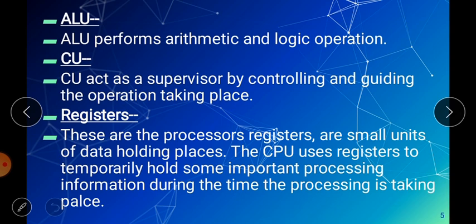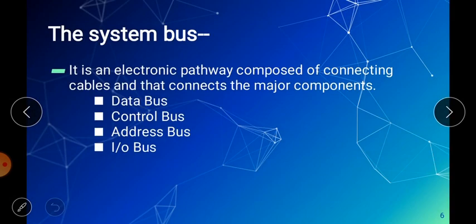So in computer organization, what is there? There is an input device, an output device, and a CPU. The CPU has three parts. The first one is the ALU, that is the arithmetic and logical unit. The second one is the CU, that is the control unit, and the third one is the registers. So what are registers? Registers are small memory that holds small data.